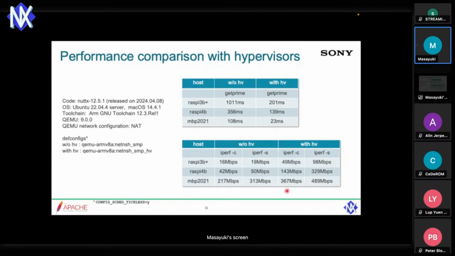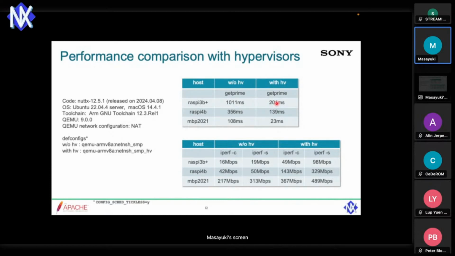And this is iperf, so network performance numbers, one without a hypervisor, and the targets are client mode and server mode. And actually the speed is not so high compared to getprime,